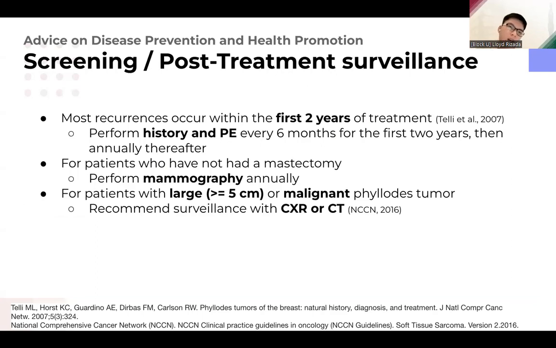But for our patient, this is not applicable because she's going to have her mastectomy later today. And finally, for patients with large or malignant Phyllodes tumors, the